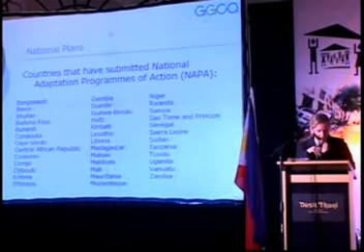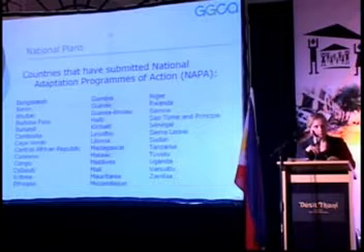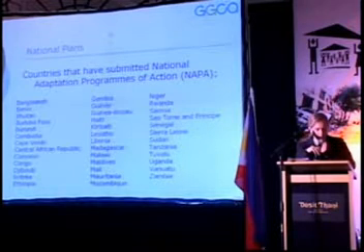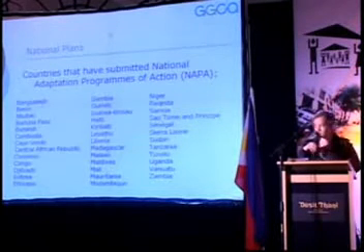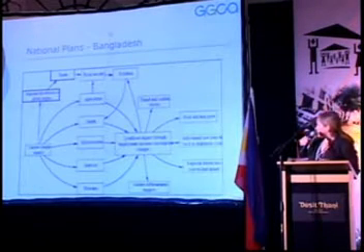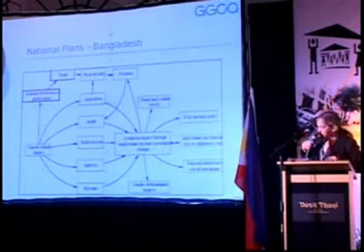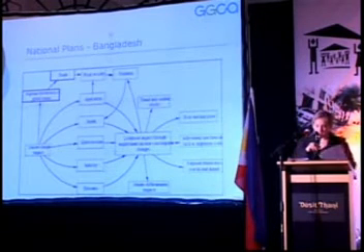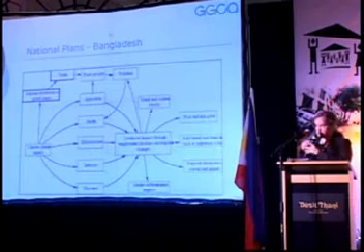I'll go through some of the examples at the national level, but there are some that only mention gender very, very marginally, and those are Benin, Central African Republic, Cape Verde, and Djibouti, for example. There are other ones as well. Next slide. Just to take a couple of examples, for instance, in Bangladesh, this is actually very good that